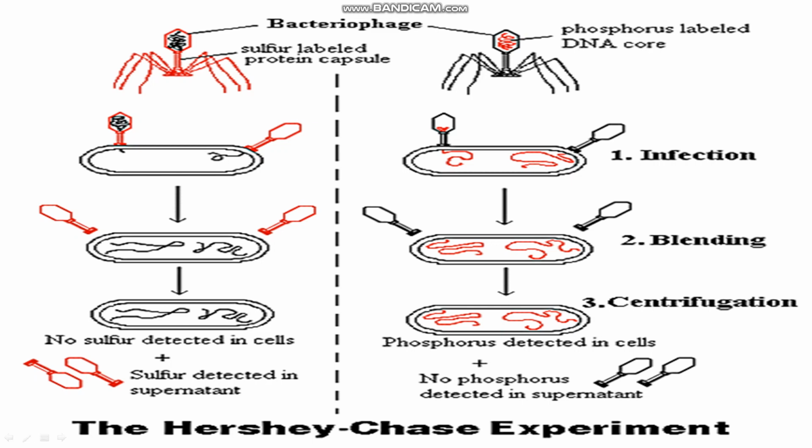It means that something is transferred from the bacteriophage into the bacteria that possesses phosphorus, obviously. So that is the DNA. Obviously he had already labeled the DNA core with phosphorus, right? So he concluded that yes, DNA is the material which transfers from one generation to the next generation by the Hershey and Chase experiment. First time they had concluded it.